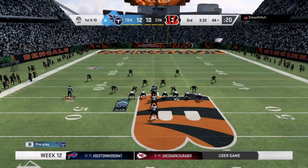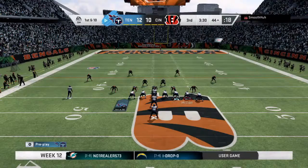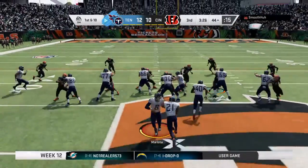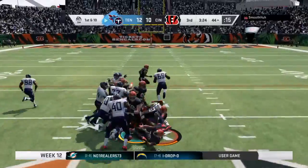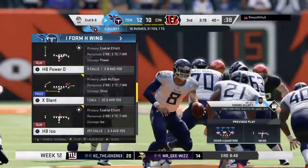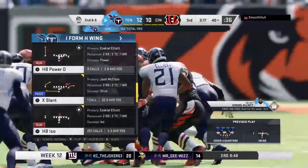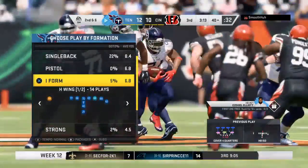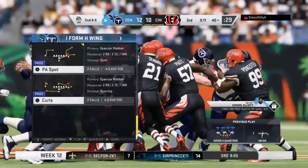So maybe they want to go to a zone blitz scheme, get a little bit more pressure. Remember when Carolina did that against Denver? They lost the game ultimately. They dropped the defensive end out, and he ended up with an interception in that game in Super Bowl 50. Maybe some sort of scheme like that to try and get more pressure at the passer. Call it a gain of 4 on first, and that'll make it second down at the 40-yard